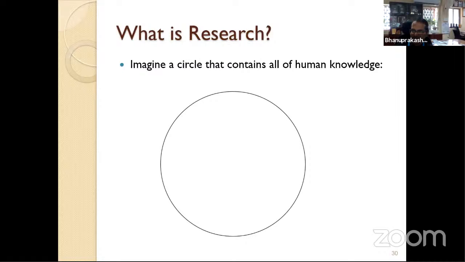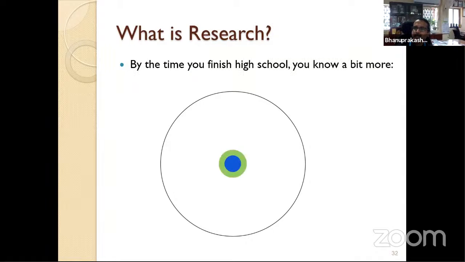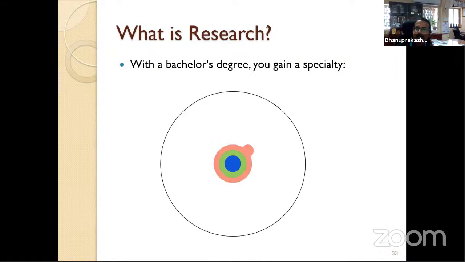Let's say I simply draw a circle and tell them that whatever knowledge we have acquired so far is within this circle. All the knowledge that we have today is within this circle. But how did we come to this circle? Starting from elementary school. In elementary or primary school, what do we teach them? How to read and write, starting from alphabets, then how to pronounce them, and then how to write on their own. Once they are done with it, we teach them a little bit of natural science, maths, and so on. Then in high school, we teach them specialized subjects like chemistry, geography, history, etc.